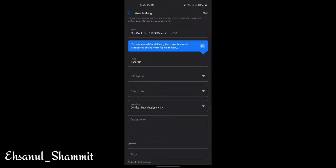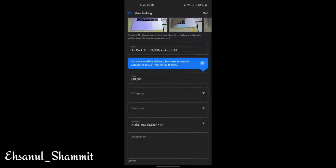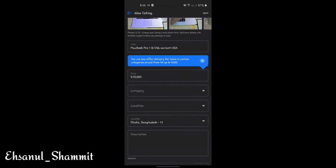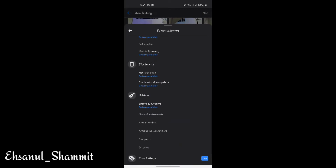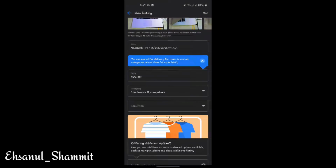And now come to the category. We must provide the category, because this will indicate what is the actual category of your product, and it will list the item in these categories. And if you post your item in another category, or you don't mention the category, it will not get a good reach. So now we have to fill up the category. Just click on category and you will see a number of categories here. Because this is an electronic item, I will click on electronics,